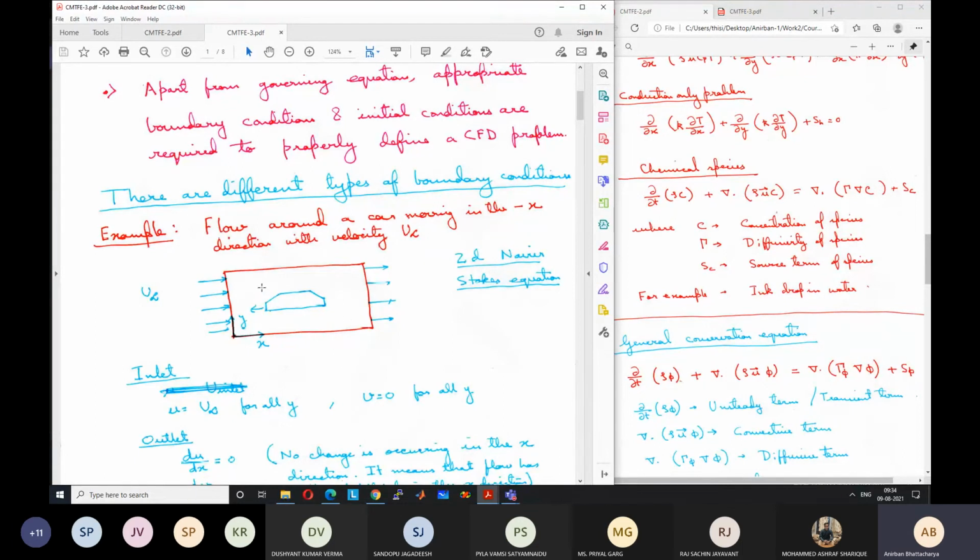So if we want to solve the CFD problem for this, what are the governing equations we need to take? So if we consider it as a 2D problem, 3D may be too complicated for us to run. So what we can do is we can divide it into a 2D problem. 1D may be too simple, may not capture all the details. So 2D may be an ideal situation. Okay. So we can approximate the cross section of the car as a 2D object like shown here, and we can take a larger domain around the car, okay, to take into account.